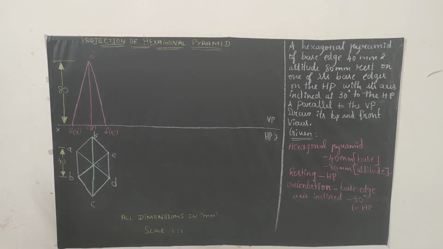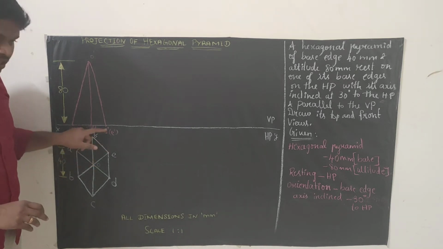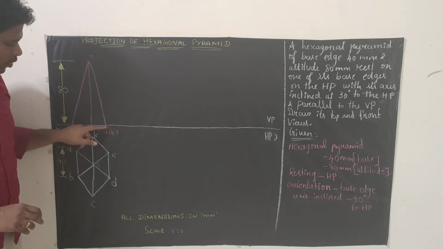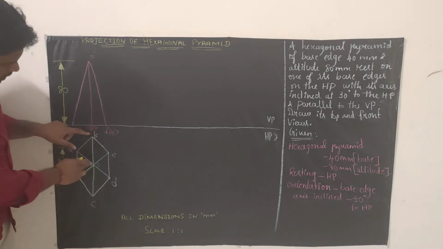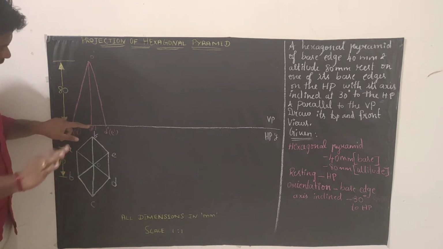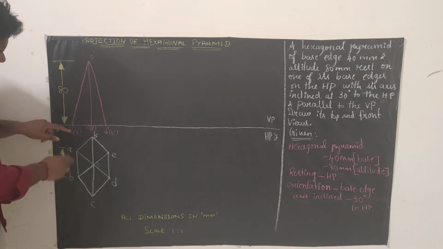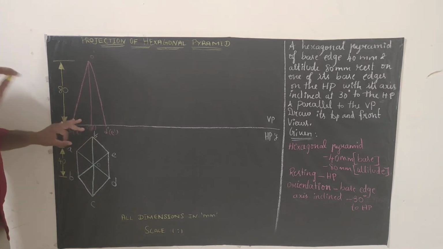So as of now we have completed the top view. Now I will explain how to draw the front view. Take your scale, keep your scale at the E point vertically so that you can get the same point on the reference line. Mark, just keep a point. In the same way, keep your scale at OF so that it touches the reference line. Mark that point on the reference line. Same, keep your scale at AB vertically so that it touches the reference line at one point. Mark that point. Okay. So now we got 3 points, right?